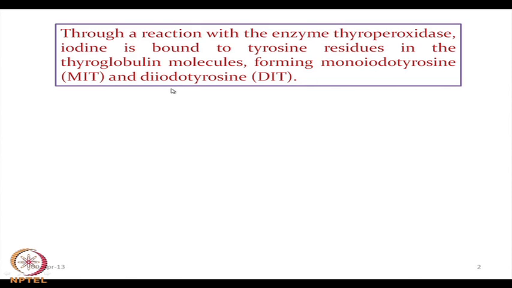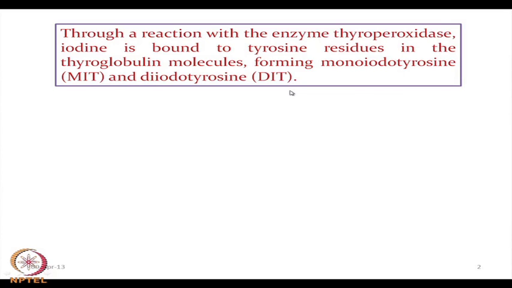If it goes for the substitution of hydrogen atoms by two iodine atoms on the ortho positions of the hydroxy group of the phenol ring, we get the diiodotyrosine molecule. So, the effect of thyroperoxidase on iodine or iodide ion is basically generating the